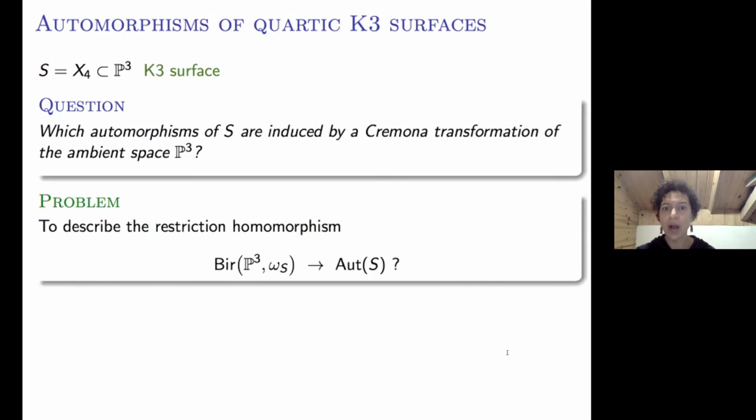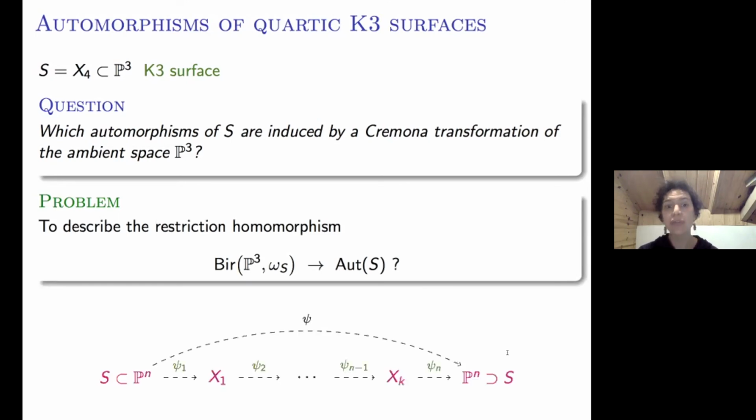So what is the subgroup of the Cremona group consisting of maps that preserve this volume form, and understand this map. For that, if I'm given a birational map of P3